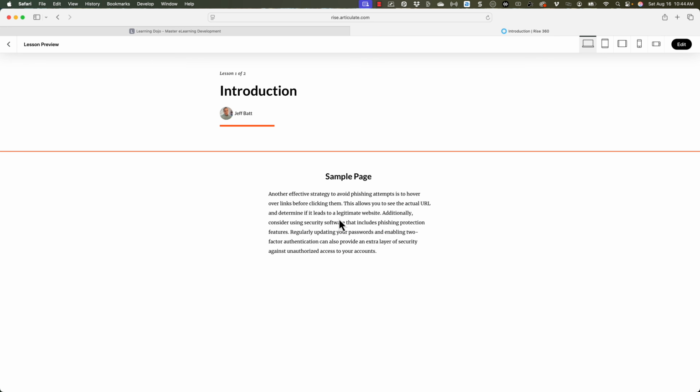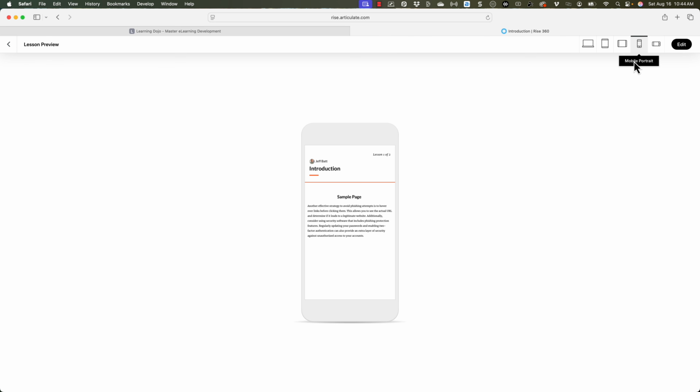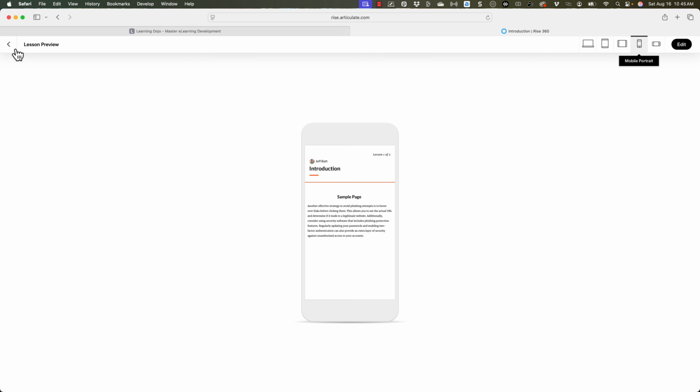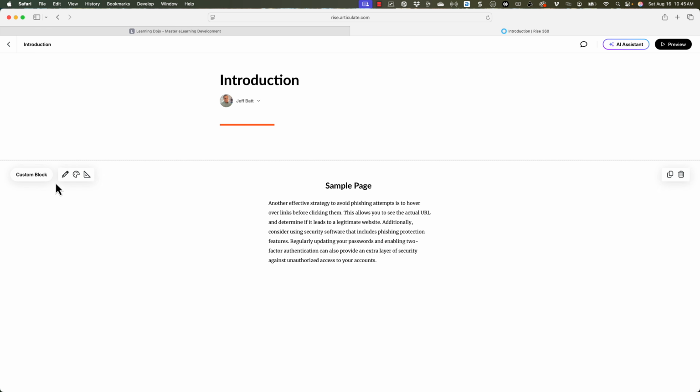So on desktops, it may be a little bit small, but it's a little stylish. So I can add like a background or something like that. But if I go into portraits, mobile portrait, the text is more readable that way because I kept that width a lot smaller. Because what would happen is if I make this a lot bigger, going back into my edit